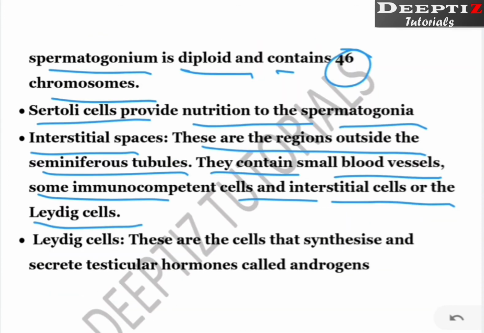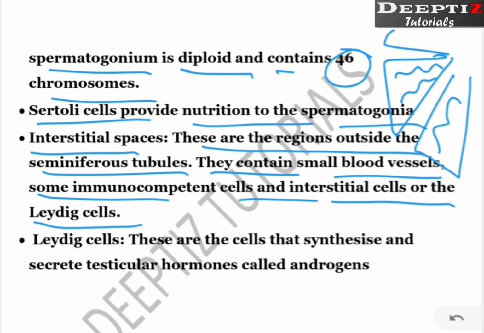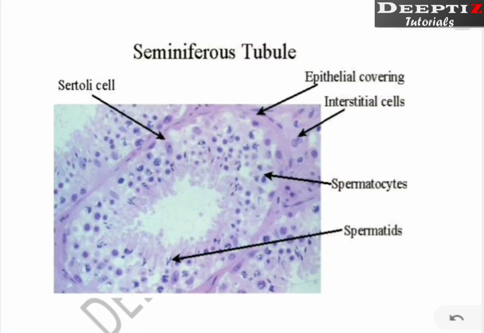Like see, if this is that tubule, there will be seminiferous tubules like this, right? Another compartment is here, another compartment is here. These are the seminiferous tubules. Now whatever space is here, these spaces are actually filled with Leydig cells. Some can be found here also, right? Here also, here also. So we can say that each compartment consists of seminiferous tubule as well as Leydig cells, and Leydig cells are going to produce the hormones. So these are the Leydig cells. This will be that tube. Leydig cells produce testicular hormones or androgen, which is also termed as testosterone.